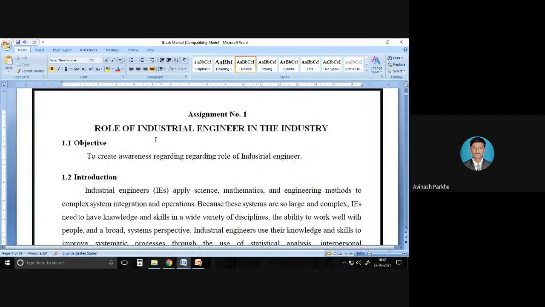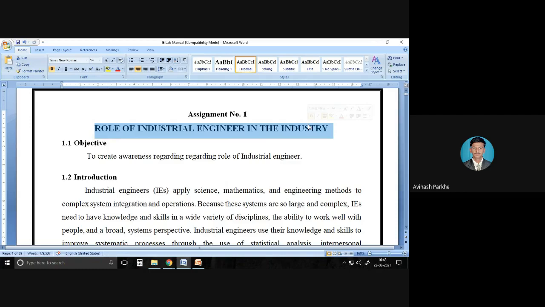The assignment number 1 or experiment number 1, that is the role of the industrial engineer in the industry. So what is the role of that particular industrial engineer? I have explained these things. Whenever we are working with any big scale industries where maximum production takes place, at that time, in addition to the production engineer, design engineer, quality engineer, inspection engineer, and some transport related engineers, the industrial engineer also plays a very, very important role,